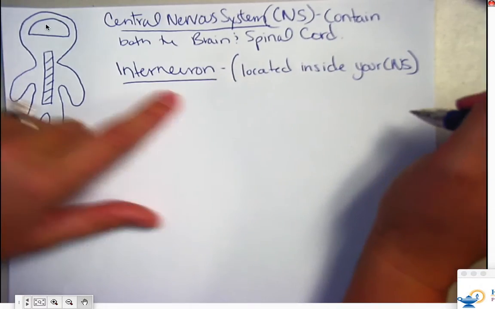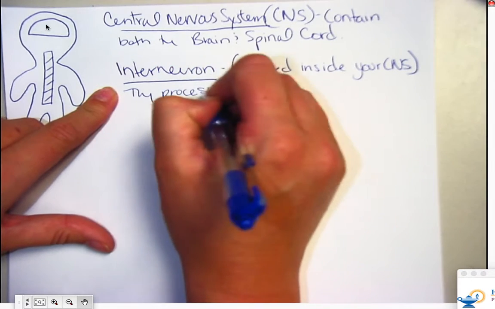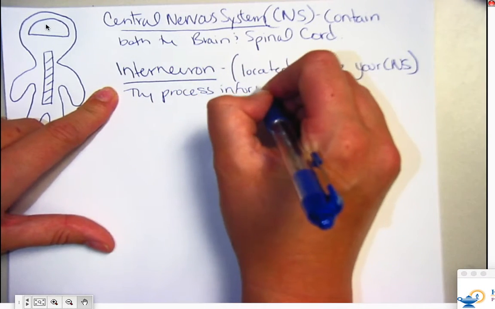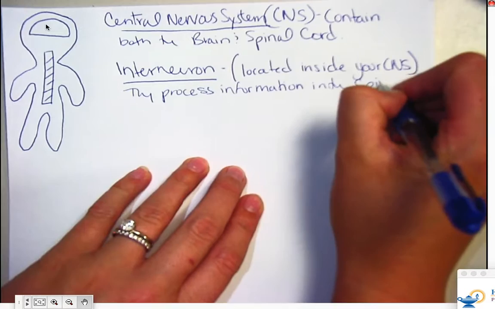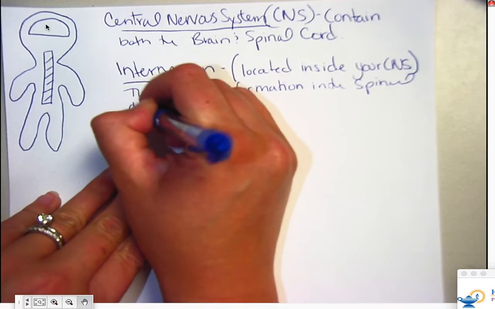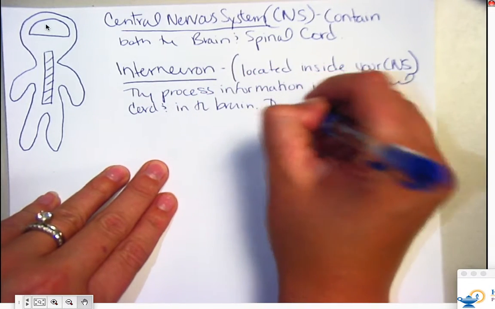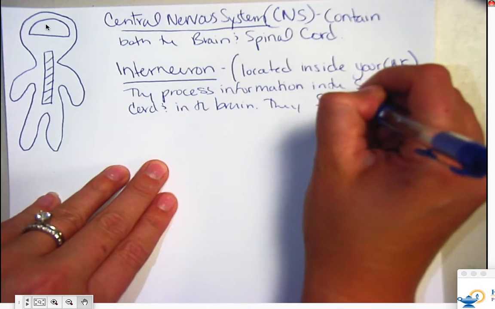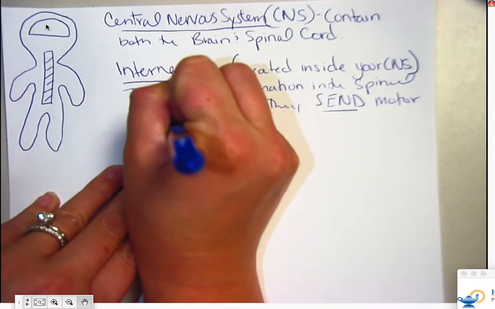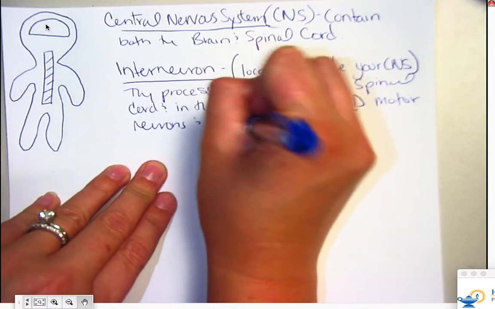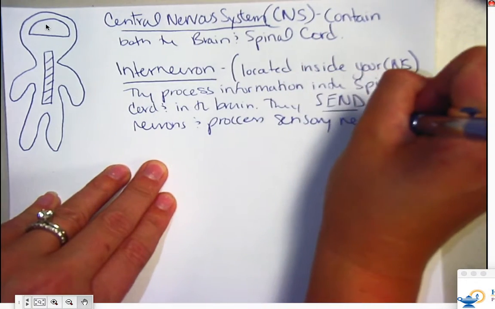All right, so located inside your central nervous system, they process information in the spinal cord and in the brain. They send motor neurons and process sensory neurons. Okay, so